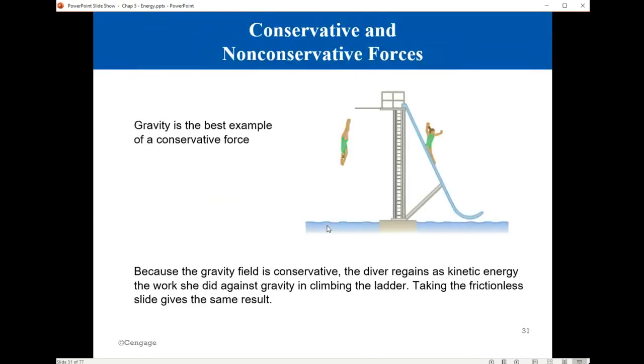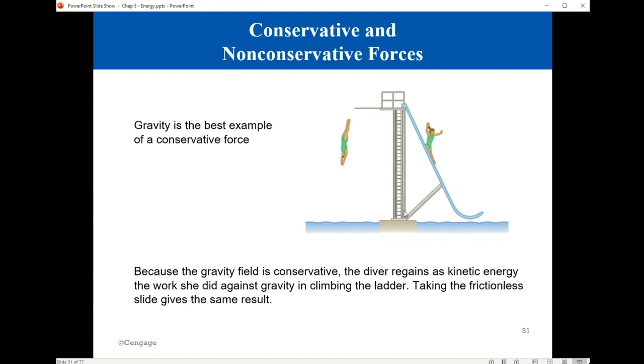We move on to conservative and non-conservative forces. The best example of a conservative force is gravity. By conservative force, we mean the force that, when acting on an object over a round trip, the total change in energy is zero. For example, here,